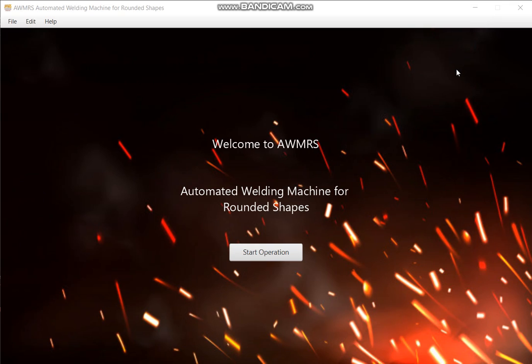This is the software application we decided to implement for this prototype. So first we have a welcome page which welcomes the user to AWMRS, or Automated Welding Machine for Rounded Shapes, and then the user is now able to start the operation by pressing the Start Operation button, which moves on